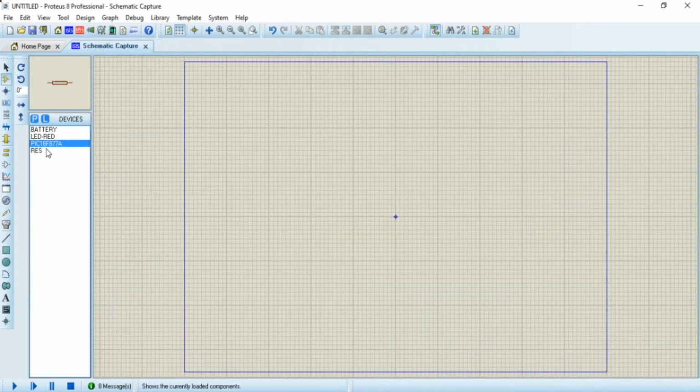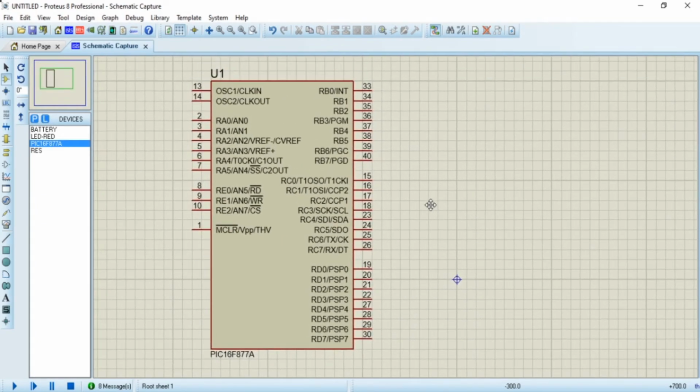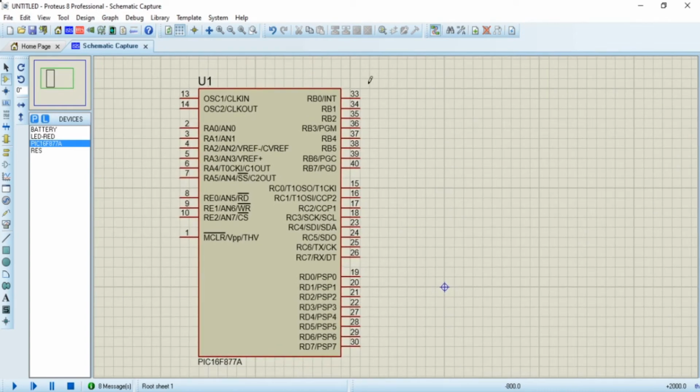Okay, place this microcontroller, then look for port B. Here we have port B from pin number 33, 34, 35, 36 up to 40 pin. RB0, RB1, RB2, RB3 up to RB7. Okay, select an LED,